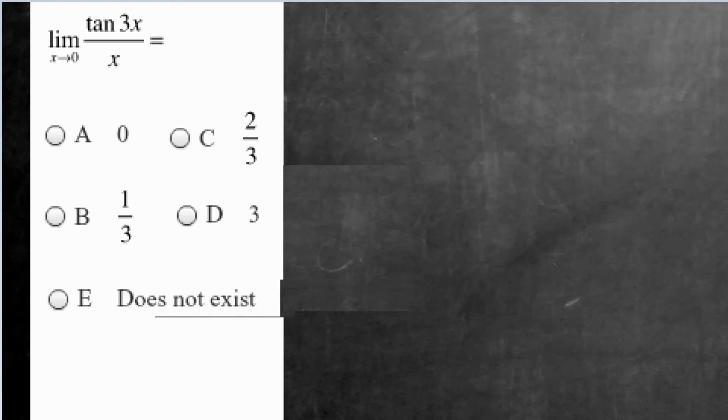All right. Limit as x goes to 0 of tan 3x over x equals: 0, 2/3, 1/3, 3, and does not exist. So I'd encourage you to copy the problem, try it, make your guess, and then we'll go through it. All right. So the right answer here is